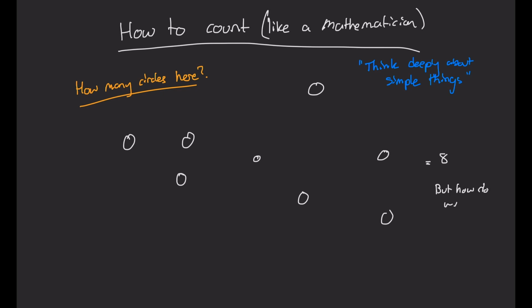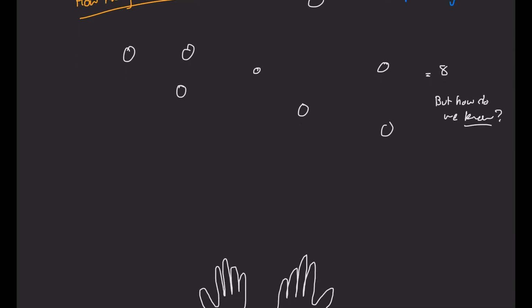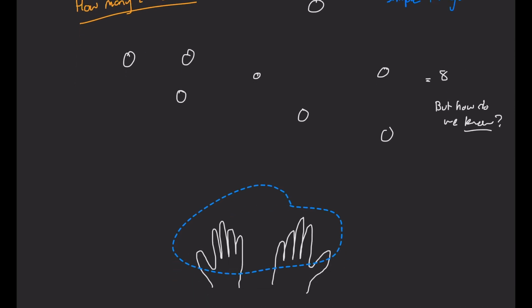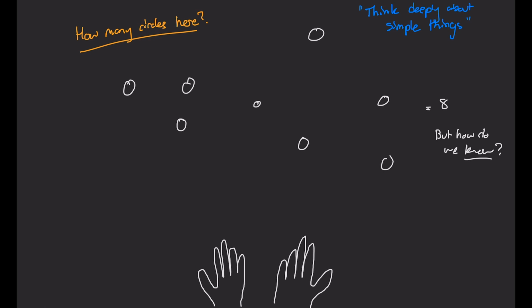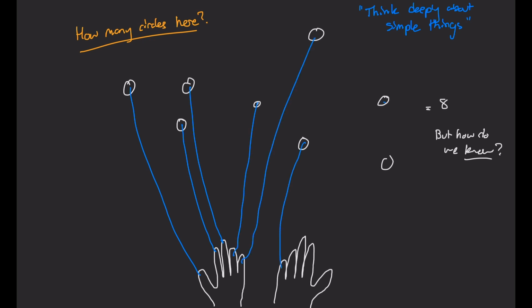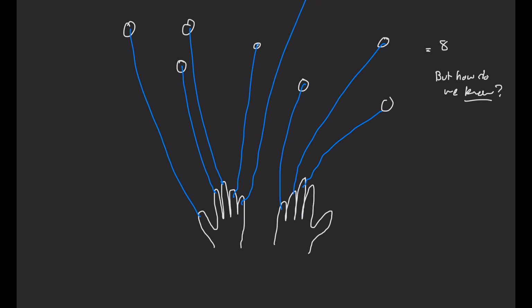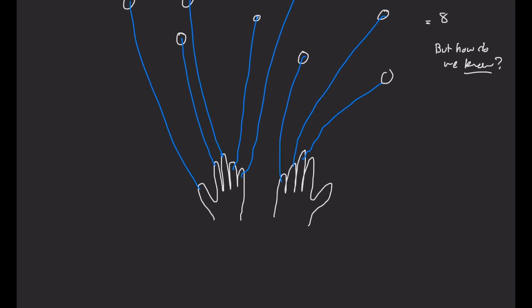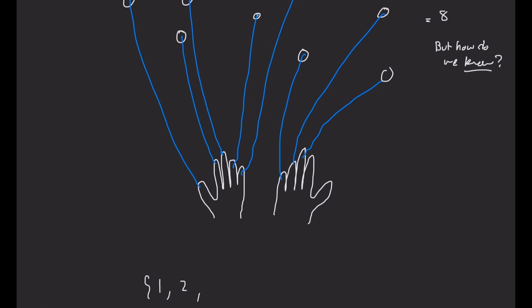And my question that I want to explore here is how do we know that there are 8? So I want to call back to how you first learned to count. You probably used your fingers to count objects by associating each of the objects with a finger. And maybe you didn't use all your fingers, but each of the fingers had one object and you weren't double counting. After this association, you probably associated each of your fingers with numbers,